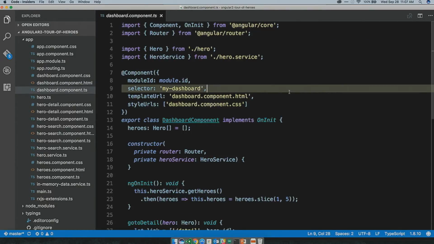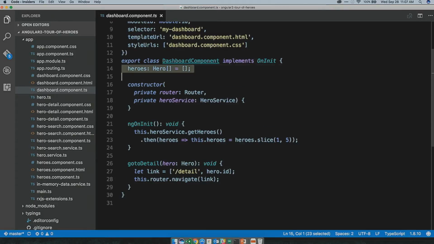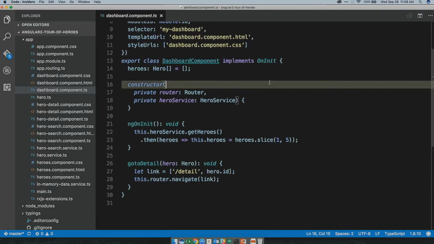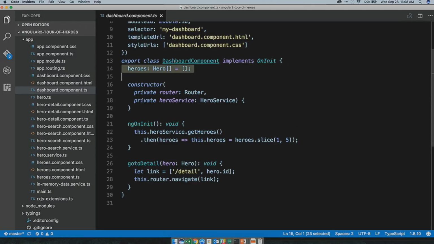So where does that come from? Over here in our component, we've got a list of heroes, which we're initializing to nothing. And then you can see in the ngOnInit, line 22, we're going and getting that list of heroes from somewhere else. We'll look at that in a bit too. And then when that list comes back, we set it to a local variable called heroes. And you can see I'm just doing a slice to get my first, or actually my 2nd through 5th heroes. Just a quick way to show how a component can encapsulate its logic.